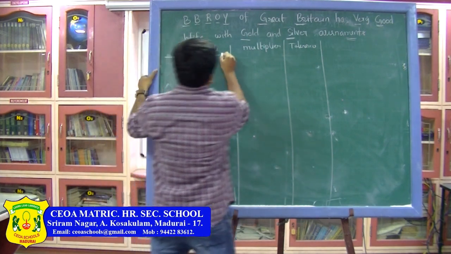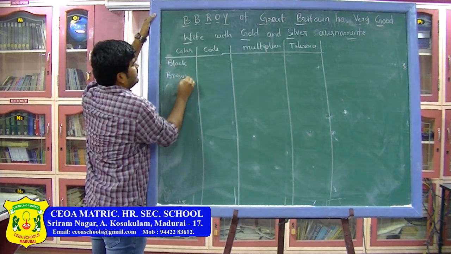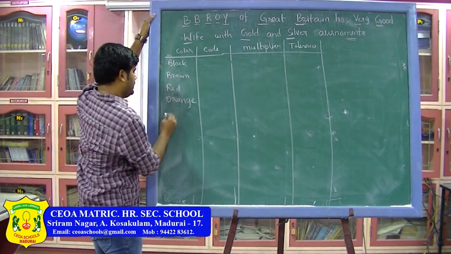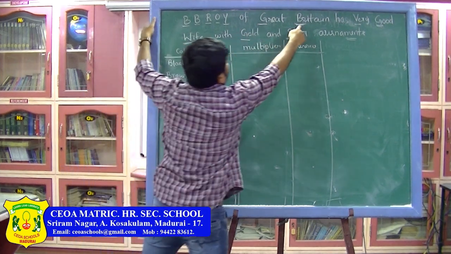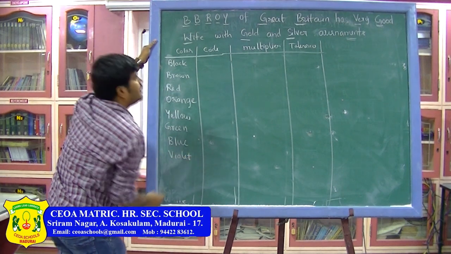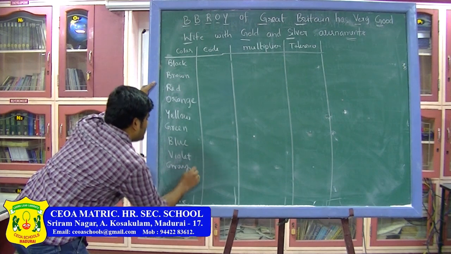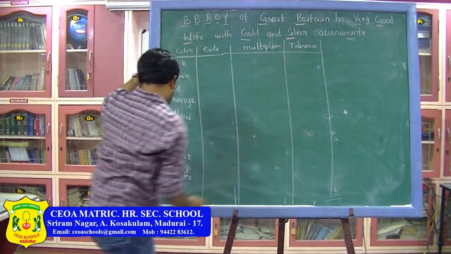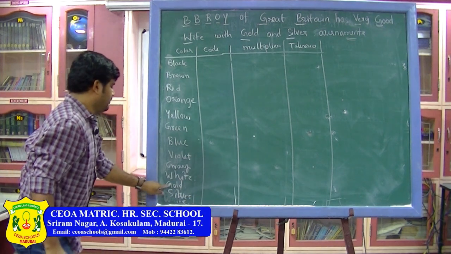Now let us write the codes one by one, taking the order. First B indicates black color, and second B brown color, and next R is red color, and O orange color, and then Y yellow color, and then the first G indicates green color, and then B blue color, and then V, very good, so there is V for violet color, and then the next G, this G indicates a gray color, and then W white color, and then gold, silver, and then no color. So remember the last ones: first gold, then silver, then no color.